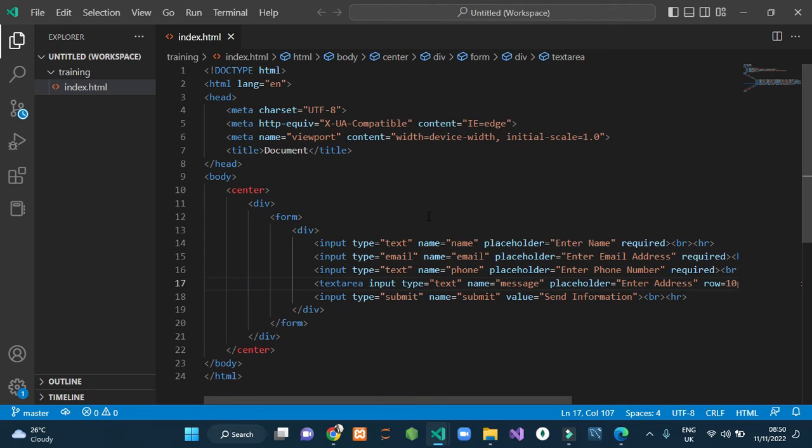Then now I want to start doing my styling. The last class we did inline styling. The purpose of this series is to show you the different types of styling we have in CSS. We did the inline styling where we did our styling inside our form, inside this div here now. Now we want to do the internal styling. In the internal styling and the external styling, we bring in what we call the CSS selectors. You can either use the parent selector, you can use the ID selector, you can use the class selector. There are so many CSS selectors, but today we'll be using the ID selector